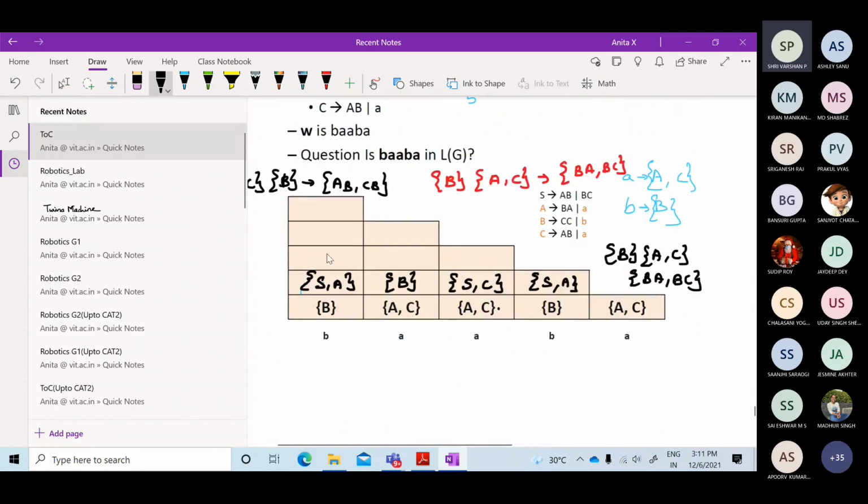Okay, so if I want to fill this one, I'm going to depend upon these two and I'm going to depend upon these two. Do you all agree with that? So I'm going to depend upon this one and this one, isn't it? So what should I do? If I want to proceed with that, I am going to depend upon these things. So what I should do, this and this we have to proceed with the SA, AC, union,